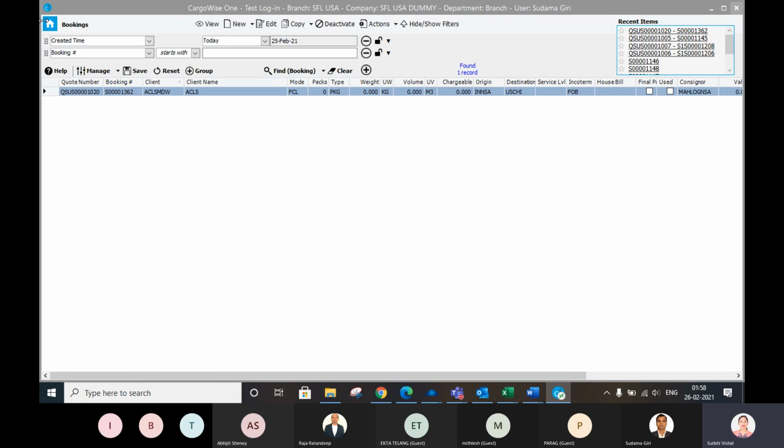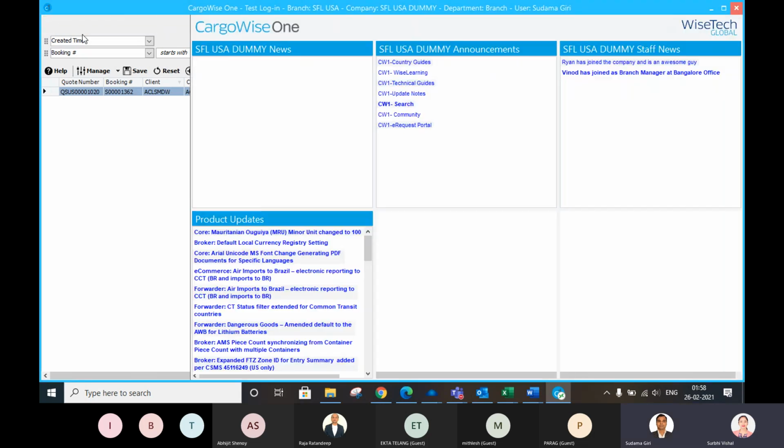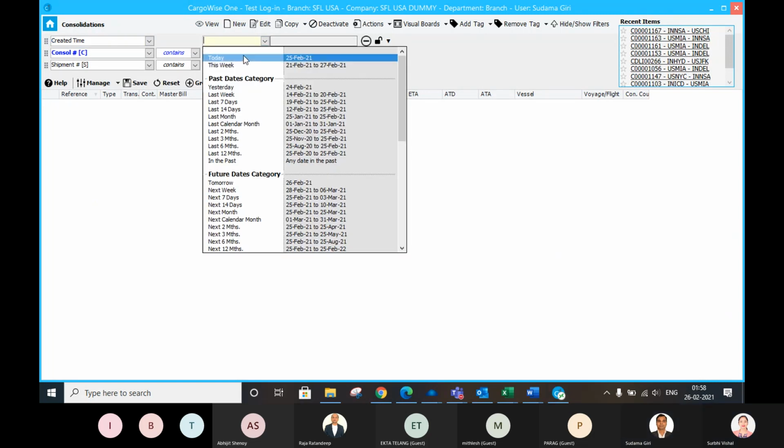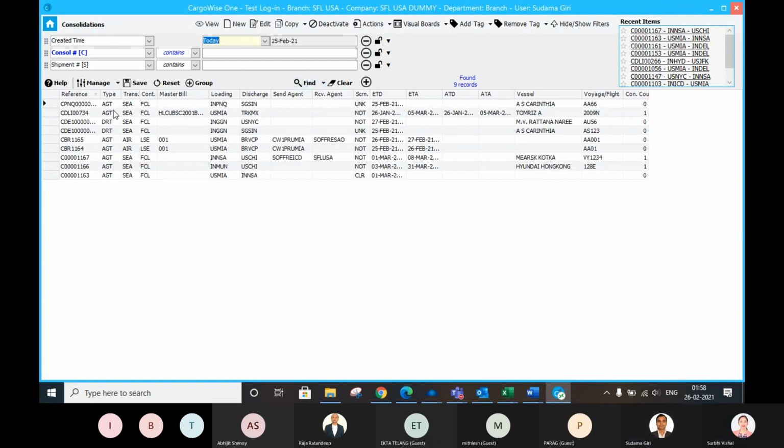That console is not created, Sudama. It is created. Okay, wait. Yes, this one, third from the bottom.